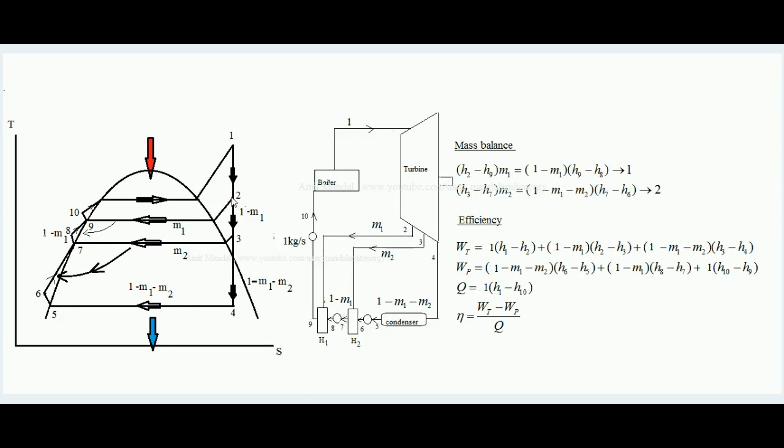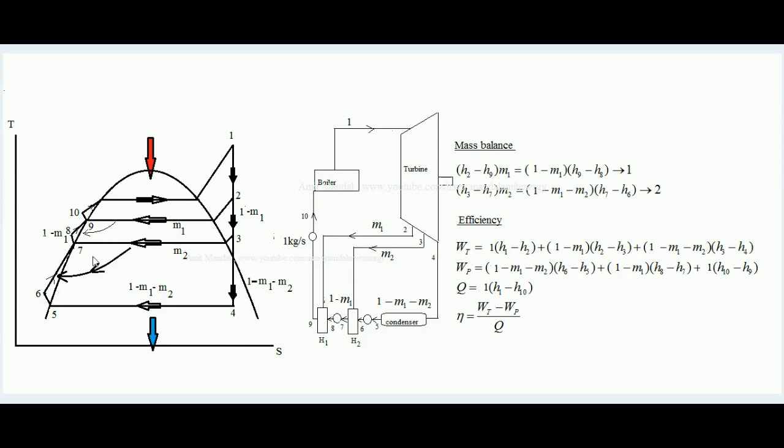You can see over here in the TS diagram, from 2 to 9 m1 is condensing, and whatever amount of heat is dispensed by this m1 is taken by the liquid water with amount 1 minus m1 kg per second from point 8, and it is heating to point 9 by this rejected heat of condensing m1 itself. Now at point 9, how much liquid water would be available? It would be m1 plus 1 minus m1, that would be 1 kg. So now this 1 kg is taken by this third pump from point 9, and it forces this liquid water to go inside the boiler at point 10. So inside the boiler, 1 kg per second of water is going inside and ultimately coming out from point 1 in superheated form. This is how the cycle completes.